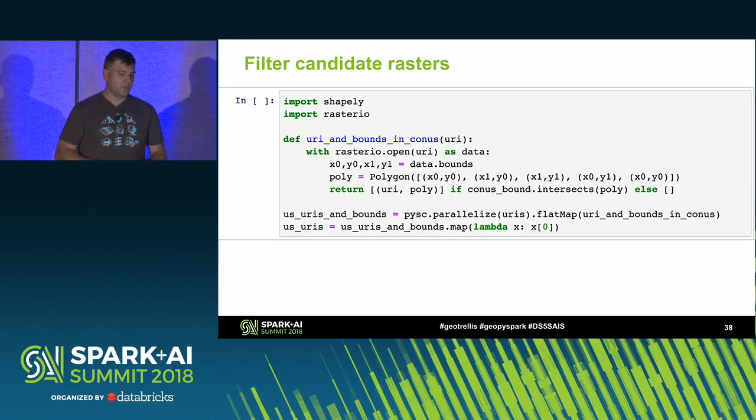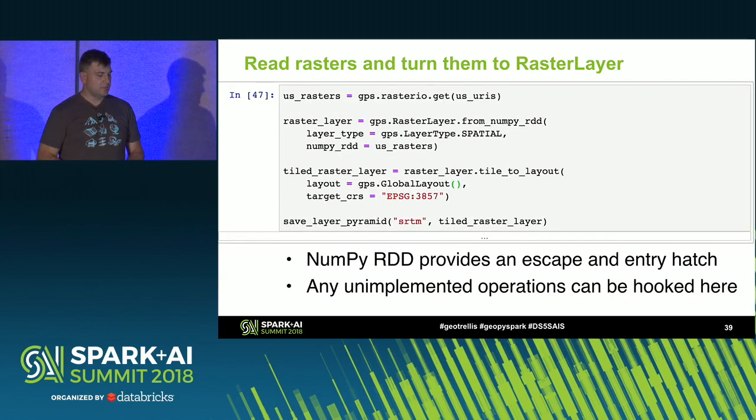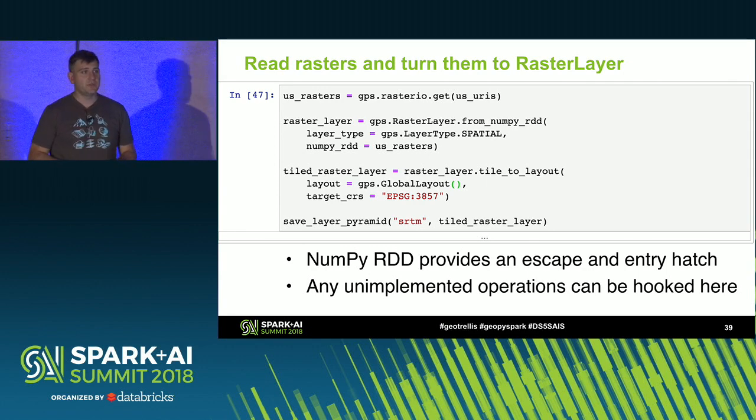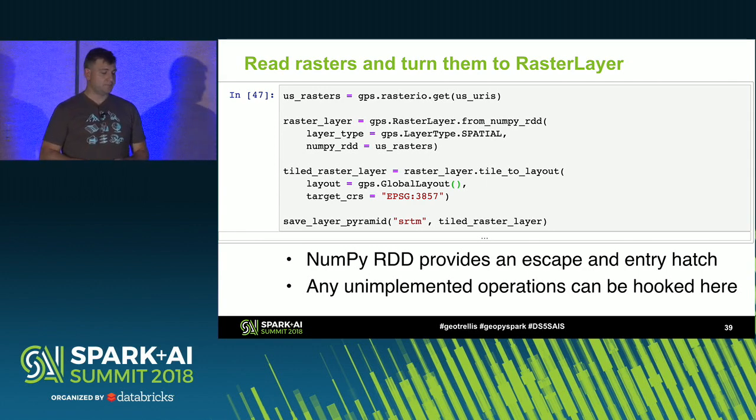We brought in some libraries that we had nothing to do with. But the payoff is that that's kind of the interop, right? And once you do that, we're able to read the URIs in a parallel manner. And we have this escape hatch to go from a Python RDD of NumPy arrays into a GeoPySpark raster layer, which will bring it back into the workflow and allow us to co-register this with other layers and be on our